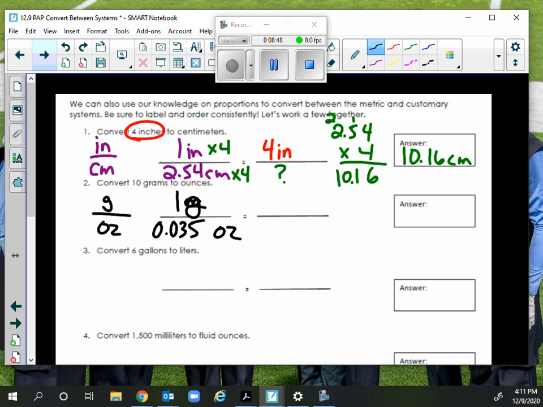0.035 ounces. So I'm going to write down, well, Mr. C, I've got 10 grams. So I'm going to put 10 grams on this side, and I'm going to look for how many ounces that